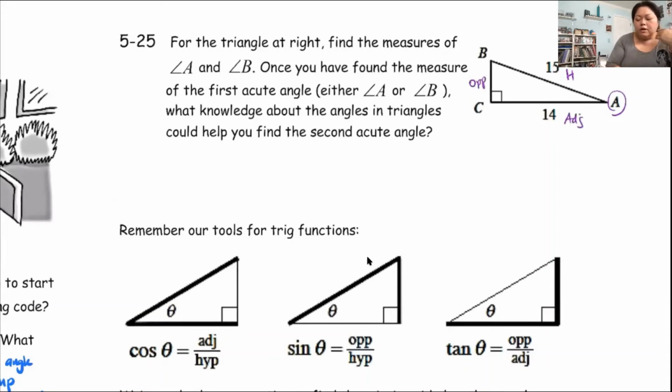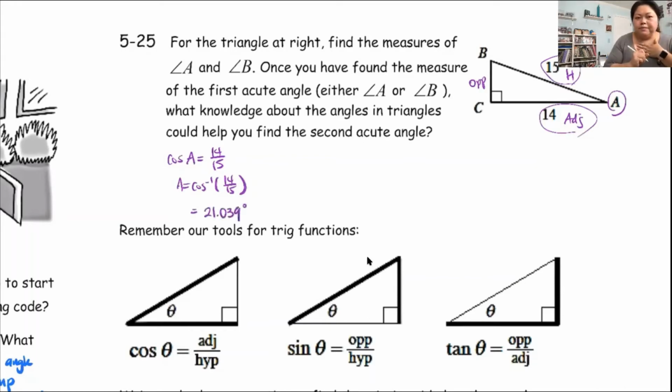All right, so based on what I see in this picture, I have hypotenuse, I have adjacent. That means I'm using cos, C-A-H. That means cosine equals adjacent over hypotenuse. So cosine of angle A must be adjacent over hypotenuse. And again, to solve for angle A, we're going to use the little inverse function because I'm trying to get rid of the cosine. So A equals cosine inverse of 14 over 15. All right, using my calculator, cosine inverse of 14 over 15, that gives me